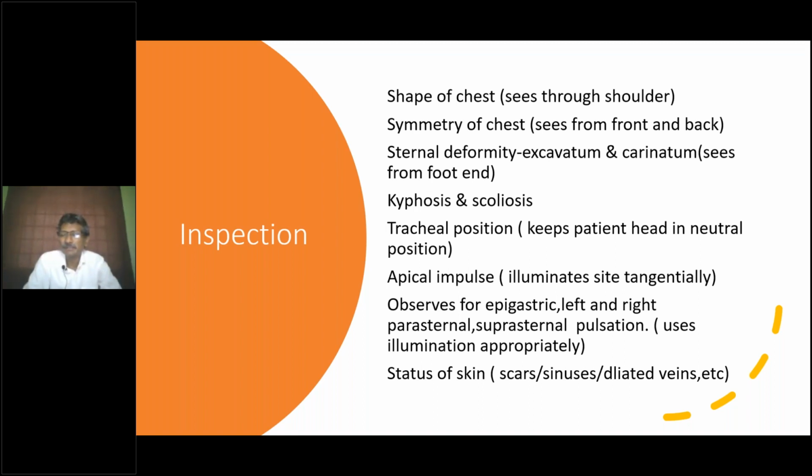So when supine, the apical impulse is behind the rib. So when the patient is raised to 45 degree, it comes down. So it comes out of the rib. It comes down, so you will be able to feel it. So for the apical impulse, by default, you inspect in the supine position. If you are able to make out the apical impulse, you note it down. In case you are not able to make out the apical impulse in the supine position, make the position what is called semi-recumbent.